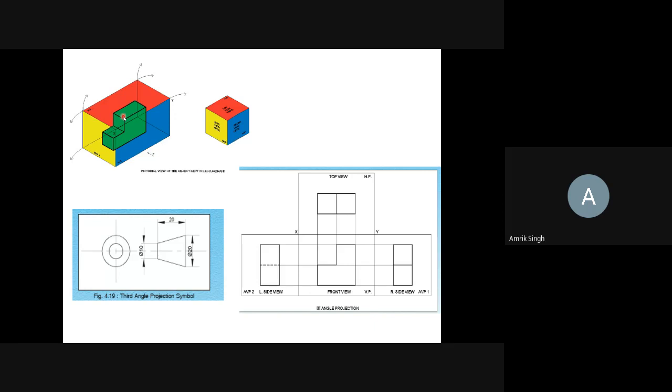When we see here, the front view will be like this, he is looking from this side. Okay, so front view is this. The top view is as it is, we open it upward, so top view. The right hand side view is on this side, and the left hand side view is on this side. Okay? If you see from this side, this is the left side. So that's why the dotted line is like this. Okay.